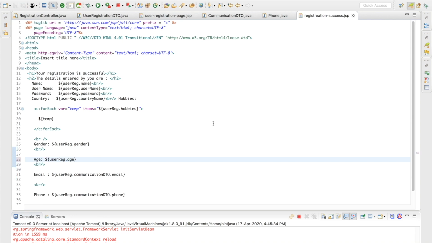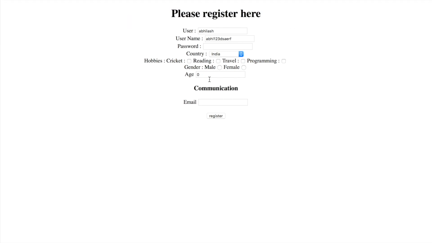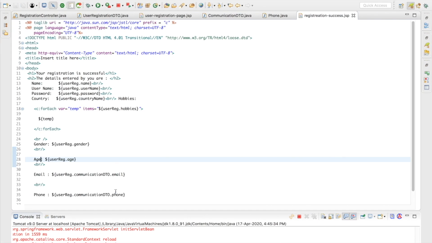Okay, so now if I go here and do a refresh, and now if I fill in the value of age as 30 and do an enter, now you can see age is 30. But the interesting thing which is happening behind the scenes, if you see here, right, when the data binding happens,